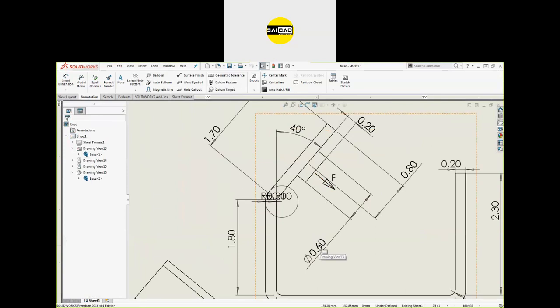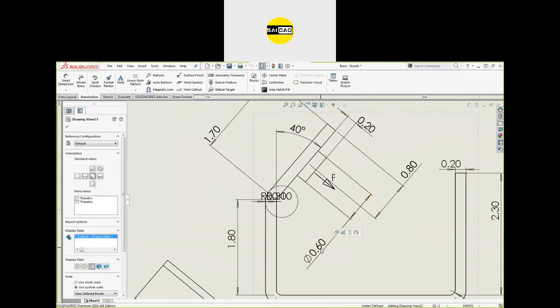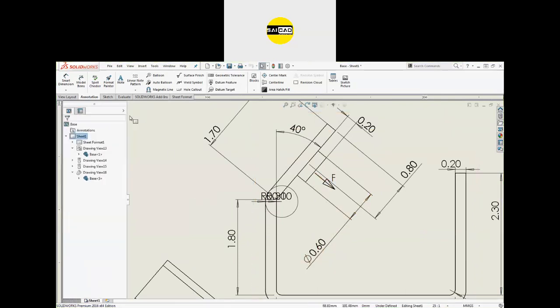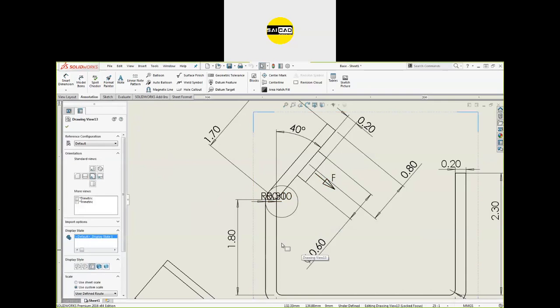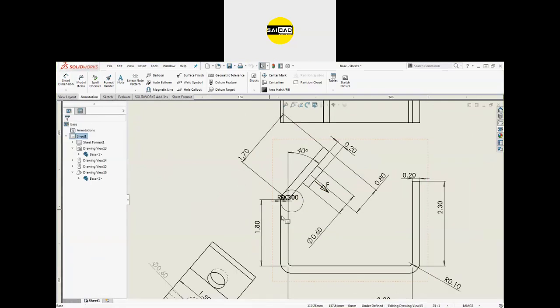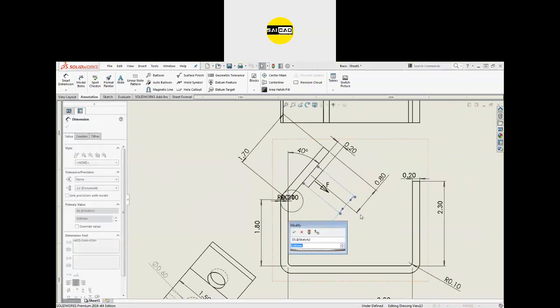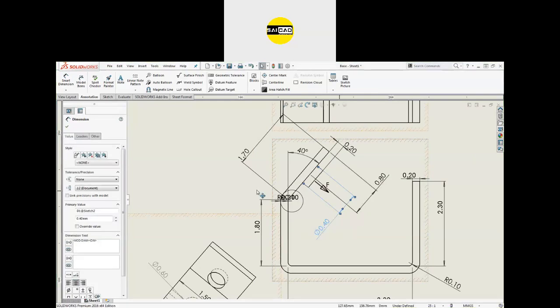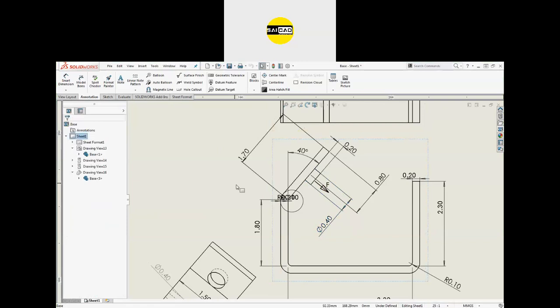So you can update the values from these dimensions, these black dimensions that are imported from the model items. But if you create a dimension from smart dimension, you will not be able to edit those dimensions. Okay, so it should be 0.4 again. Here, press Control B and click to the table.